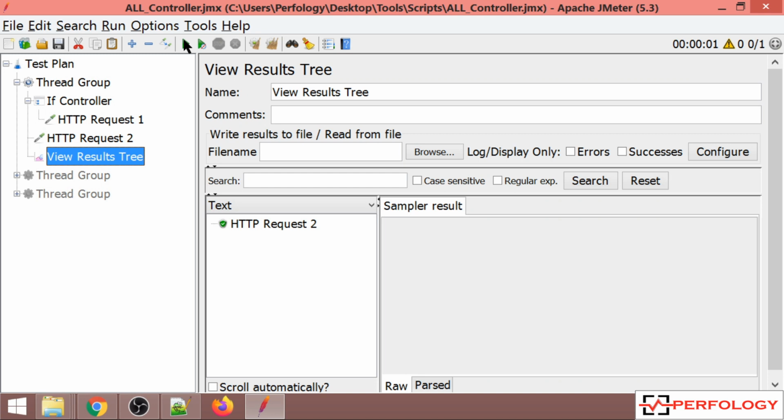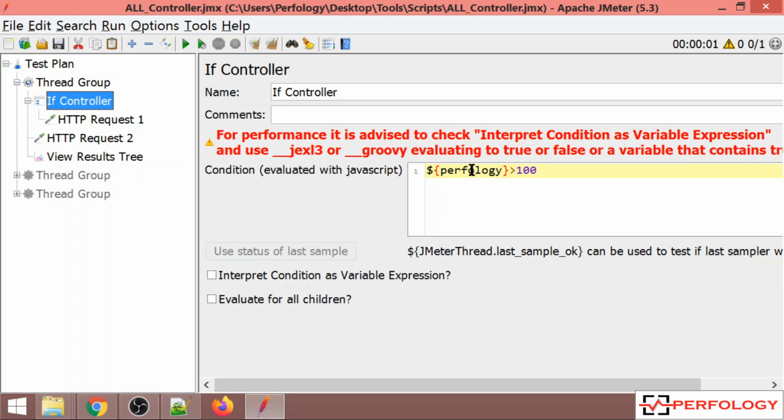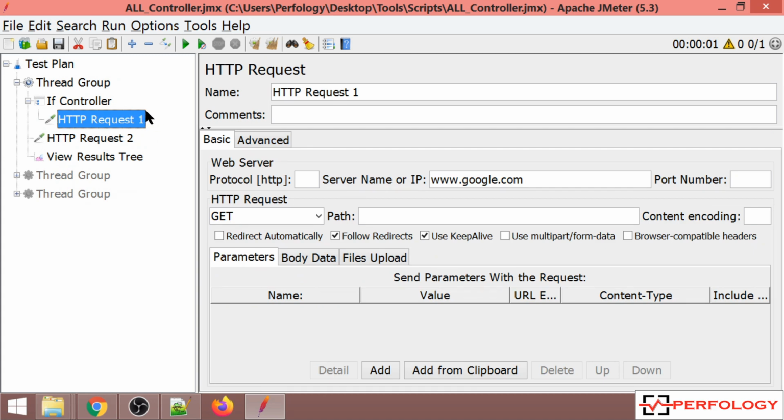So as you can see now only HTTP request 2 got executed because the value of Pathology was 90, which is actually less than 100. It is not greater than 100, and that is the reason this condition was false and HTTP request 1 didn't get executed and HTTP request 2 got executed because it was outside that if controller. So this was about if controller.